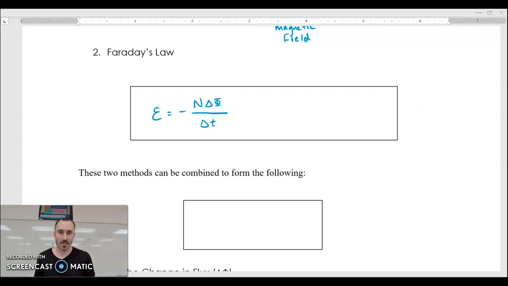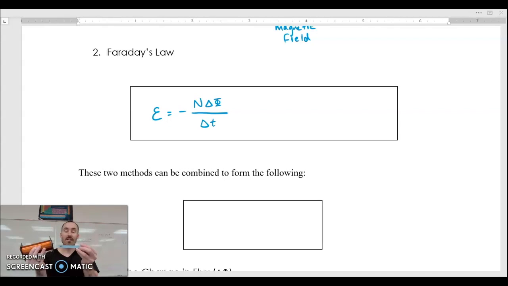When you change the flux through a coil of wire or set of coils of wire, that's when an EMF is produced. Okay, so here's our set of coils. Remember, there's the opening to the loop. Here's my magnetic field. If I change the flux by increasing the strength of the field, or if I move this magnet away, I'm making the field weaker over here. That would change the flux. Making the field stronger, that would change the flux as well. I could also